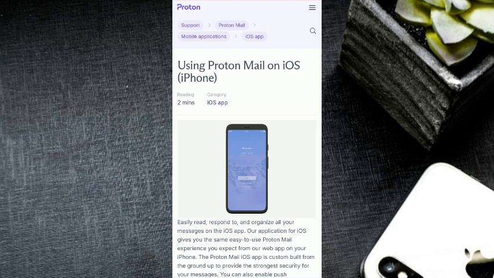If notifications still don't come through, go back to Proton Mail in your iPhone settings and ensure background app refresh is turned on. This allows the app to check for new messages in the background, and that's all you need to